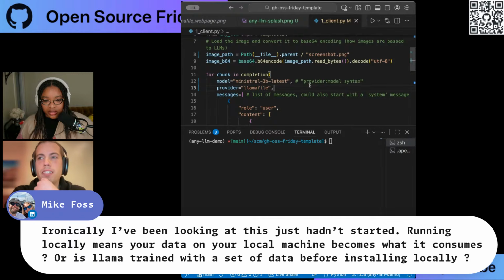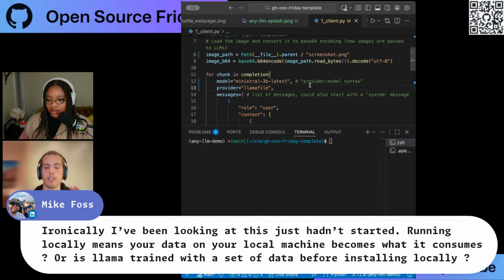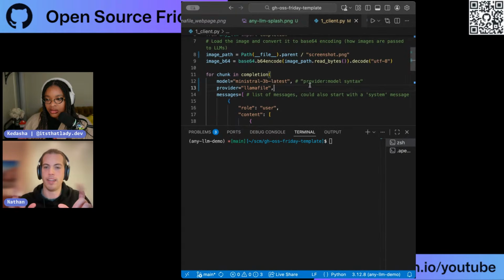Yes. I think there's two pieces to it. You could train it on your own data, and there's a lot of libraries and mechanisms to help you train. The Llama files currently are designed so that you will download something and use it locally, but you won't train it with your own data by default. But there's also the setup of context, where if you put all the text in the LLM and keep it in what's called the context window, then it will still know about it. But generally you're not retraining a model, at least for a Llama file.